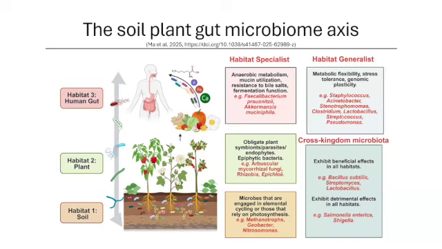So these aren't the only ones by any manner of means. I'm just giving a few examples because it's important to be aware that it's not like the strong Charles Dowding model where it's exactly the same. There are some specialists. There are things that live wholly in the soil. There are things that live inside our intestines. But there are some habitat generalists, and with some exceptions like Salmonella and Shigella, many of them have a broadly beneficial effect on human health.